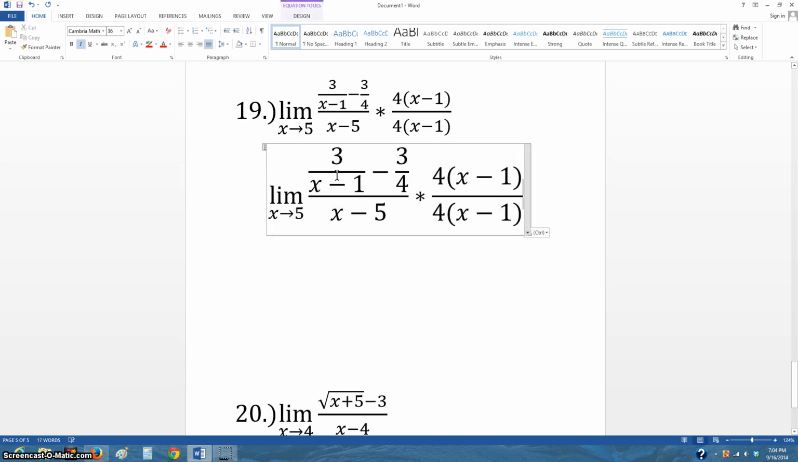Okay, so let's see what's going to happen. I distribute this to both terms in the numerator. Let's look at this first term. I have x minus 1. That will cancel out with this x minus 1, leaving me with just the